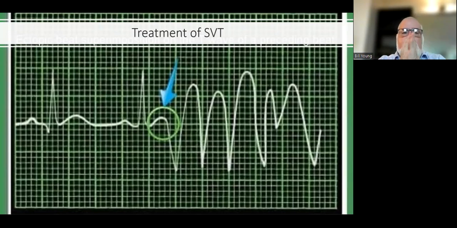Again, here's the key thing to remember. Your protocols are not written in stone, brought down by Moses from Mount Sinai. You can vary from them within a certain parameter. But here's the thing to remember, ladies and gentlemen, if you vary from them, you've got to be able to articulate the why. Why did I do this? So if a physician says treatment for SVT is 100 joules, why did you start with 125? And you can say, well, look at the patient. He's 350 pounds. 100 joules is probably not going to